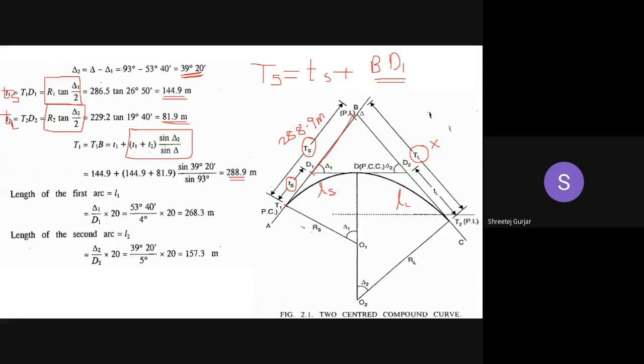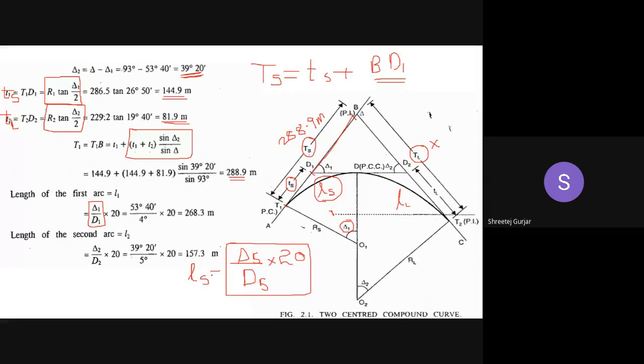So for this particular calculation, we will use this formula. I have explained to you this particular formula, wherein your delta, which is over here, delta divided by the degree of the curve. So for the first curve LS, it will be delta 1 and degree 1, or we can write it as delta S and DS. Make sure you multiply this by the per chain length. Per chain length in this particular numerical is 20. So this is the formula which you have to use for calculation of length of the curve.